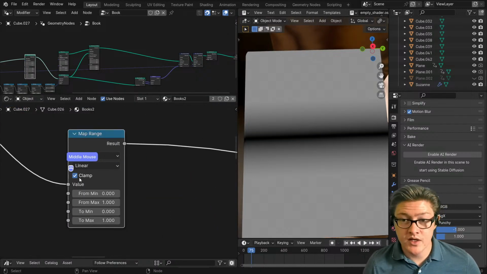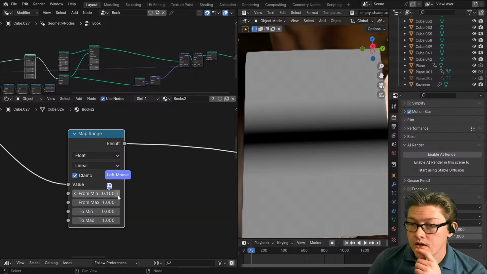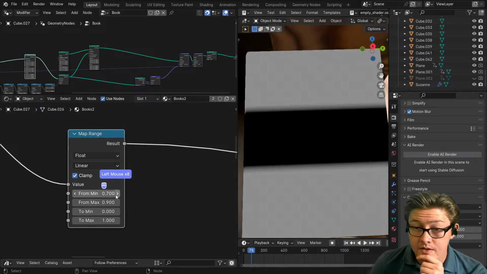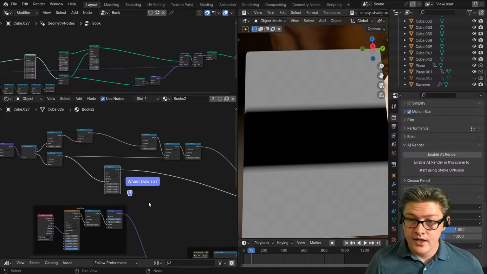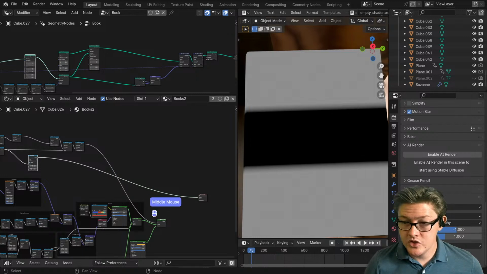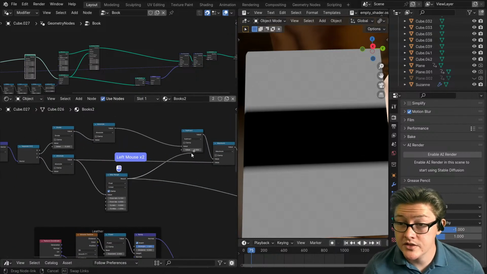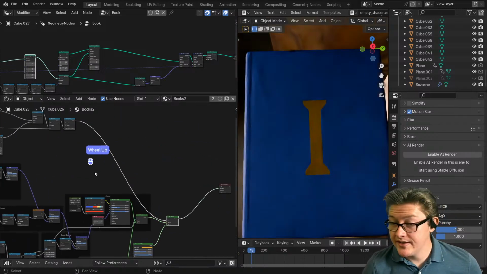And I want to make sure that clamp is on, which I'll explain why. But let us bring this down here, and let's bring this down to 0.9. I think that's where we had our serif. So let's put it up to something like that. Actually, it's not going to do much good to visualize. Oh, actually, we can just plug this right into our subtract like we had before. So what we should see, yeah, now we see